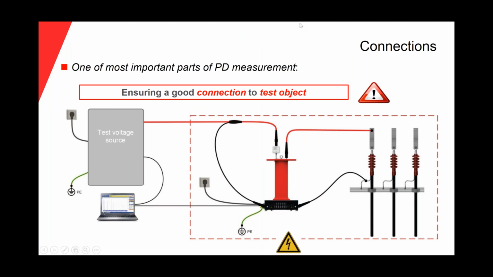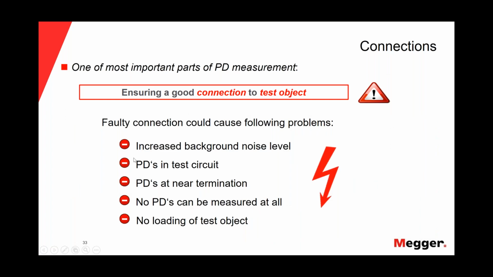So what is important when we are doing a PD measurement? One of the most important parts of the PD measurement is ensuring a good connection to the test object, okay? You are seeing one example of the connection of the setup, so the connection of BLF with the coupling capacitor, okay? And it's very important that during the connections,